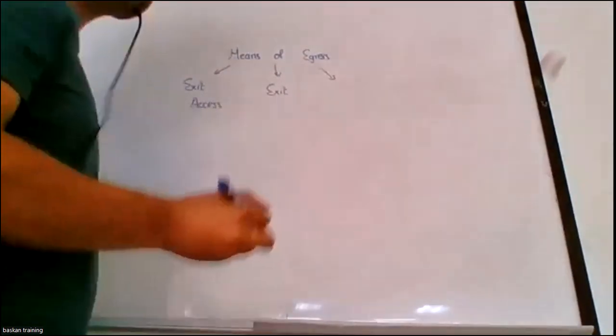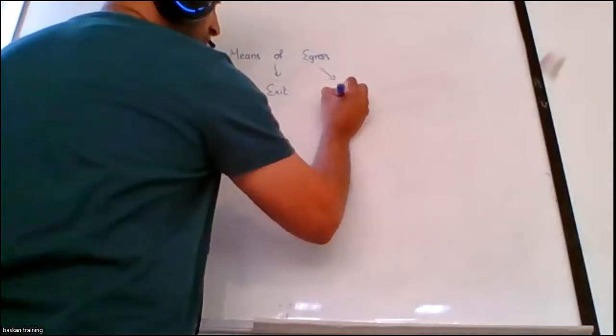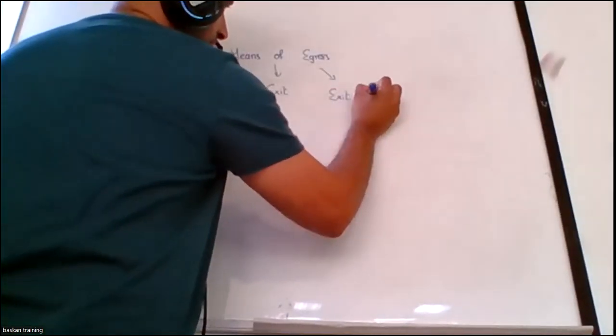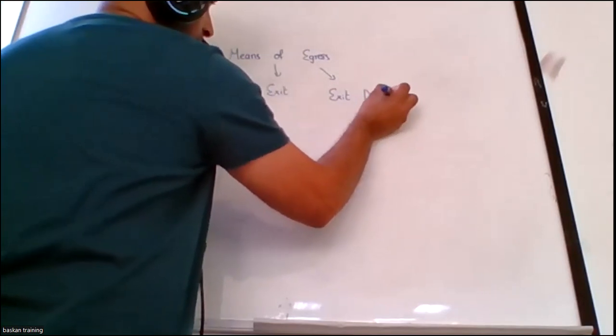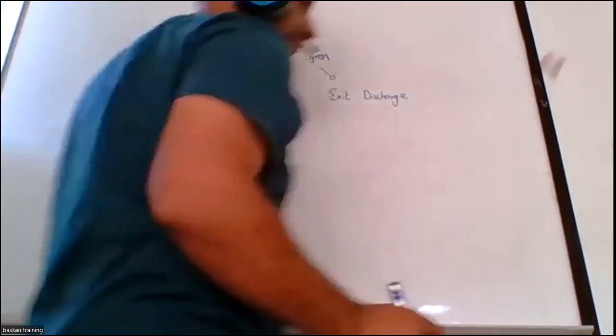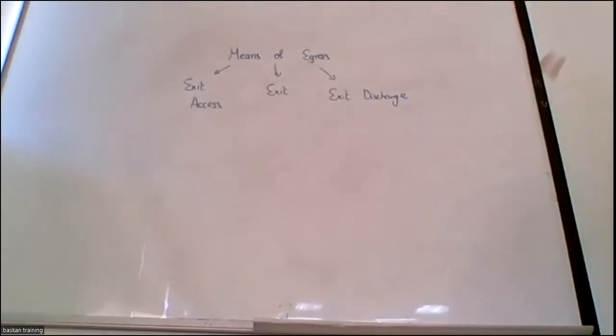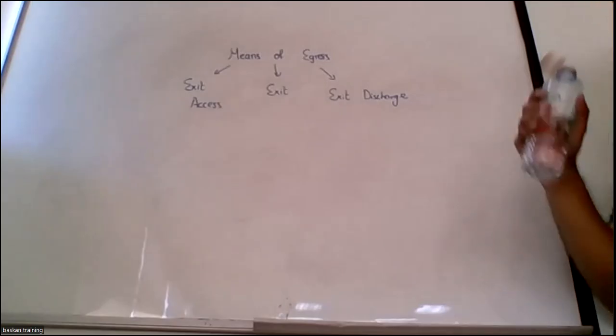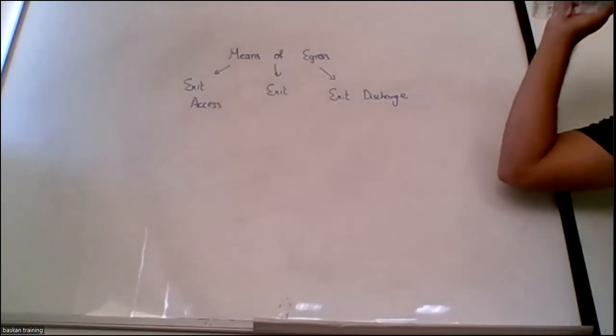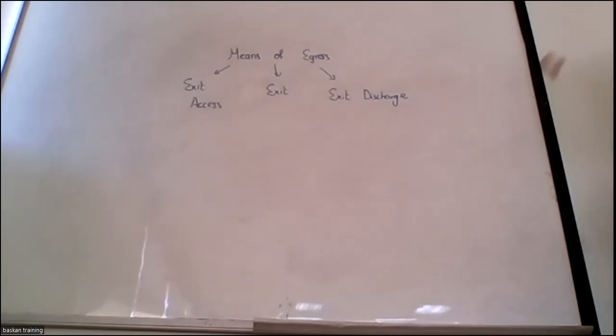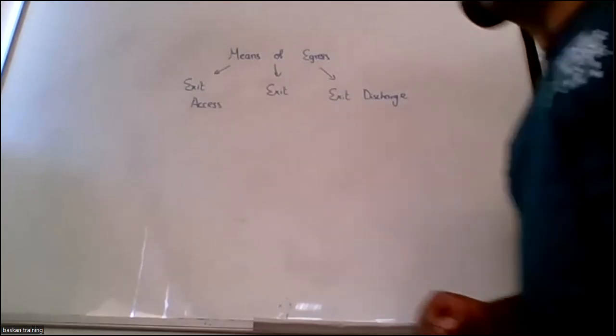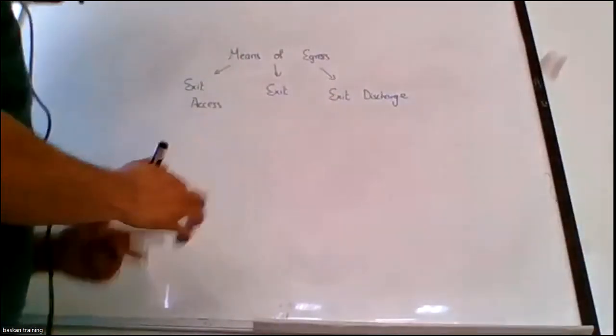And the third portion is exit discharge. Exit access is considered as the pathway